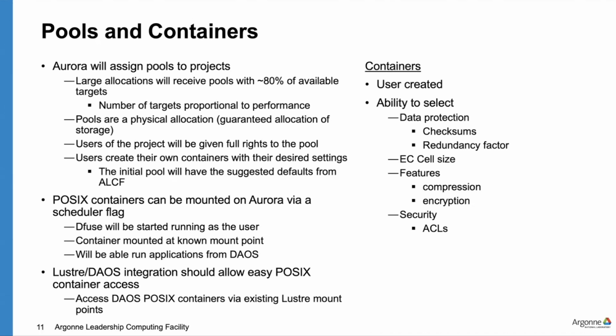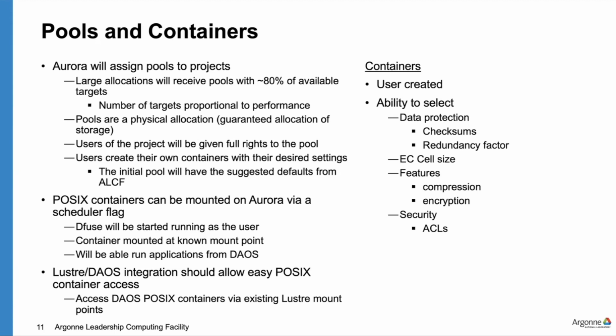On the right side here, I'm mentioning containers. It's a little bit different than your classic storage system. Most storage systems like Eagle or Grand are set up with RAID 8+2. So you have 8 chunks of data and 2 parity for those 8 chunks. So you have 10 blocks of data that you can use to compose 8 good amounts of data. Here, you can choose what data protection you would like. Our base target will be 16+2, to increase the storage efficiency a little bit. So you have 16 chunks of data for 2 parity.